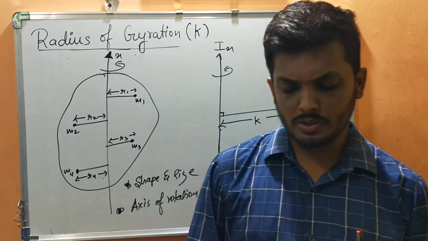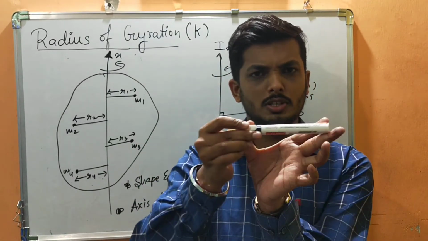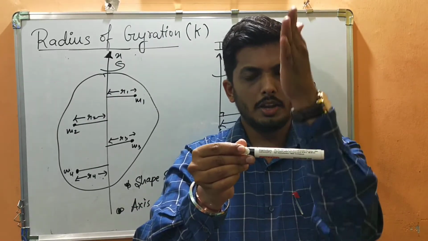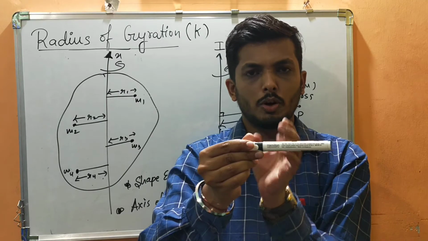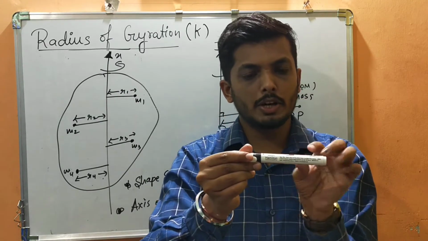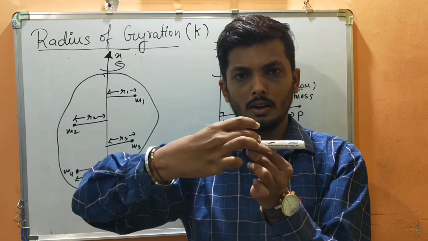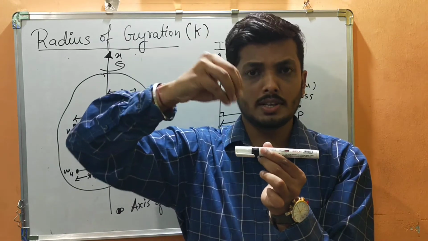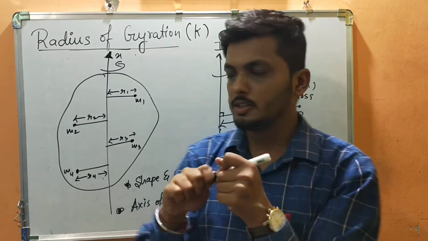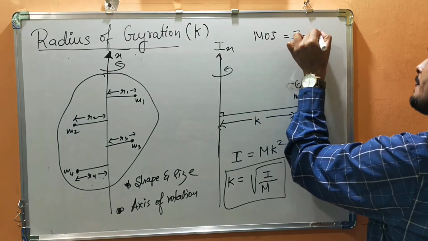Now here let me give a simple example. Suppose, what is moment of inertia? Suppose this is a marker, and there is one axis along this, and if you want to calculate moment of inertia, what do you do? mr square this side and mr square this side. So you have understood how far the particle is and how much mass is added by that particle from that axis of rotation. That is moment of inertia. Is it not? Moment of inertia, all of you know, it is I equals mr square.